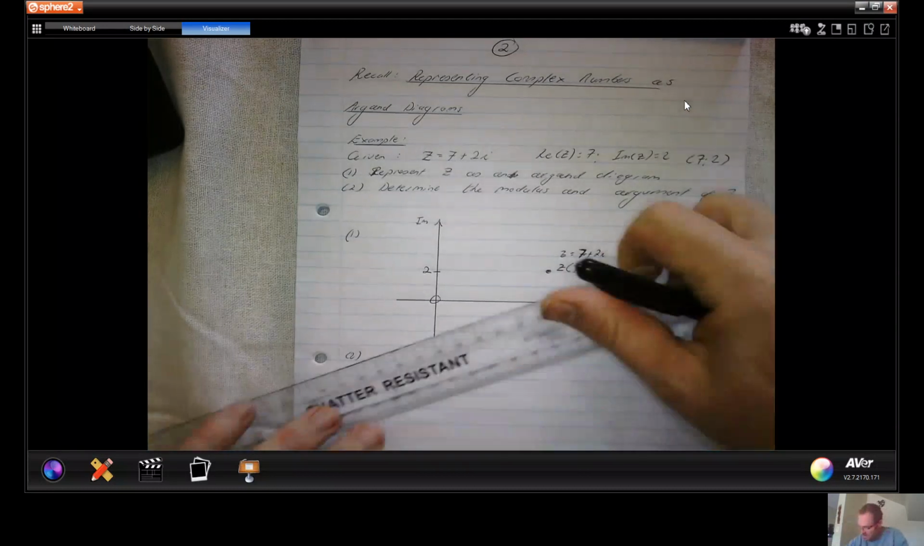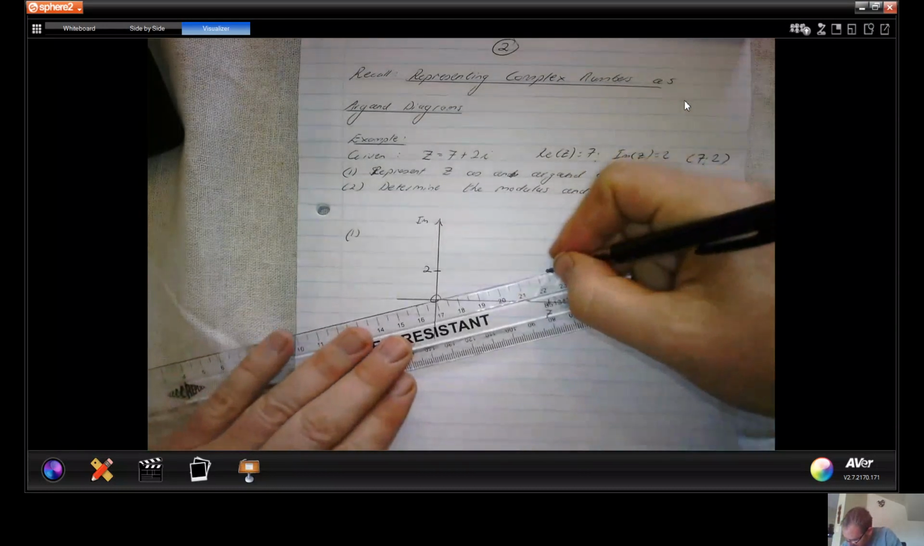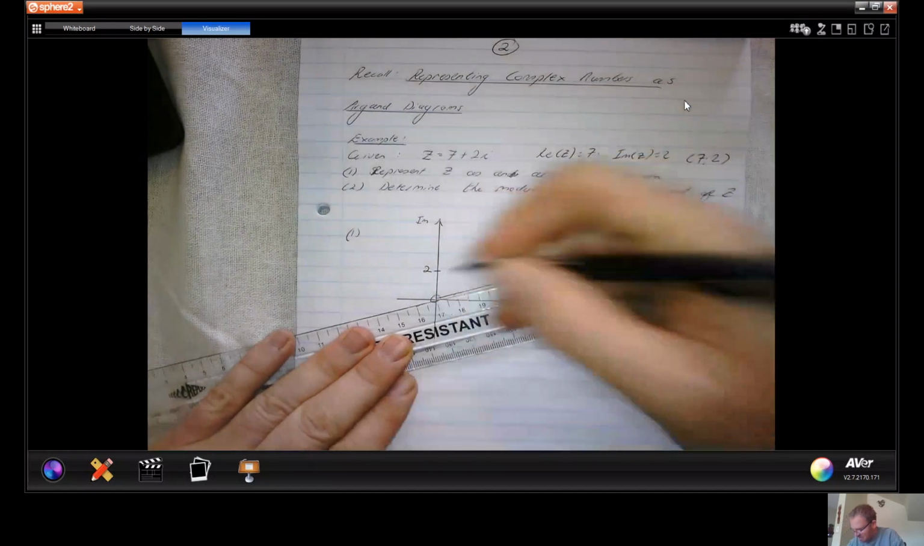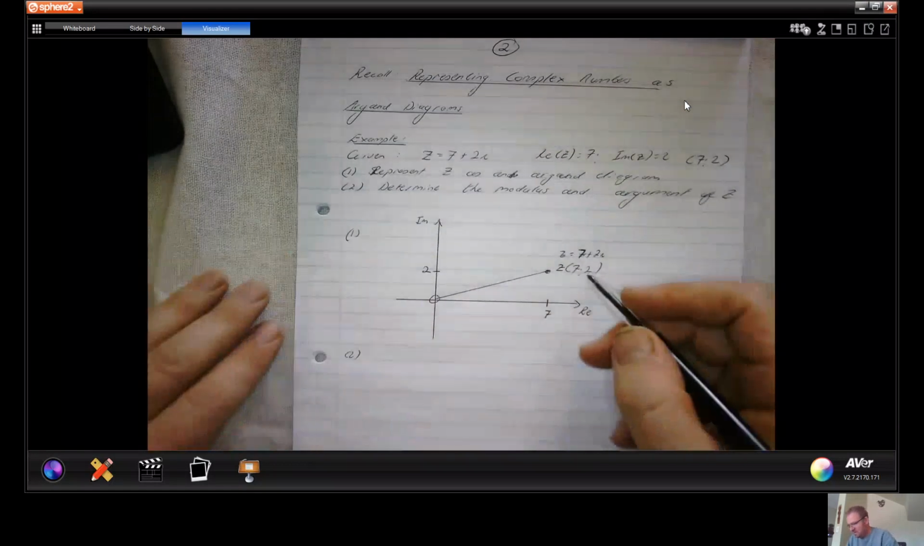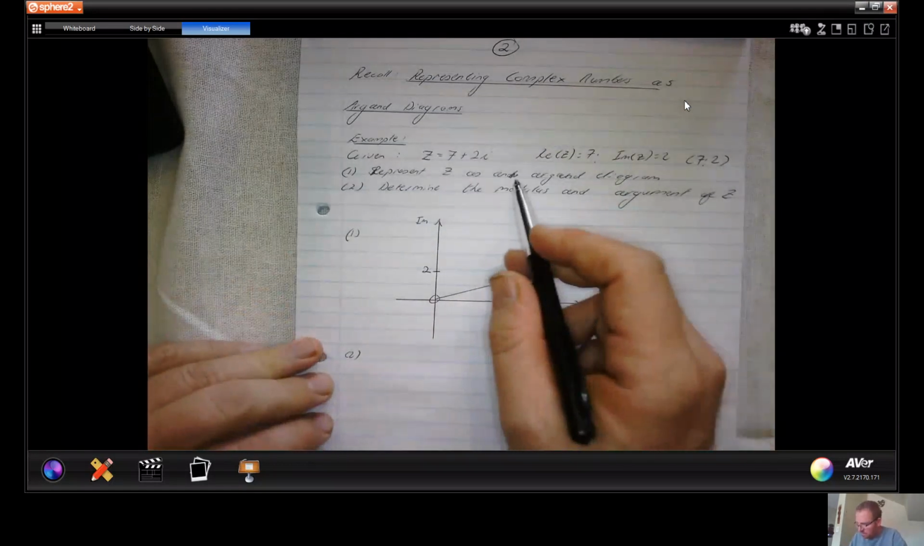Here it is over here. Z is equal to 7 plus 2i. We're going to join that up. Okay, right. So there's z. Okay, I drew in the line. You could have just left it as a point, but I drew in the line because we're going to have